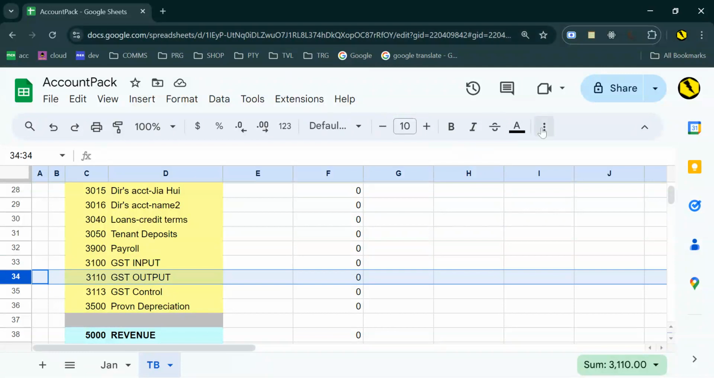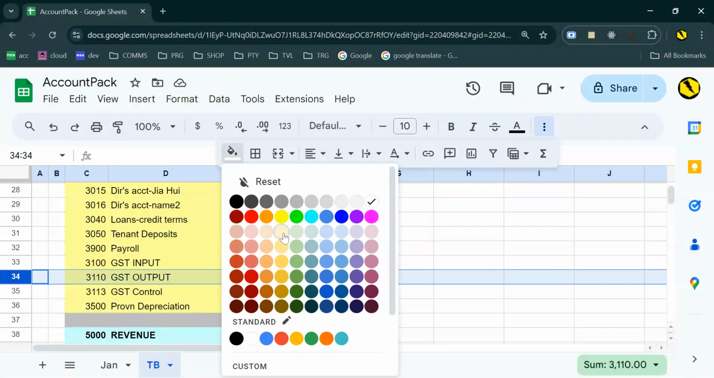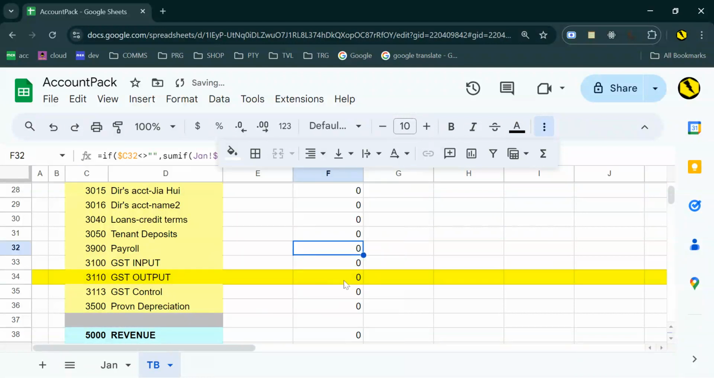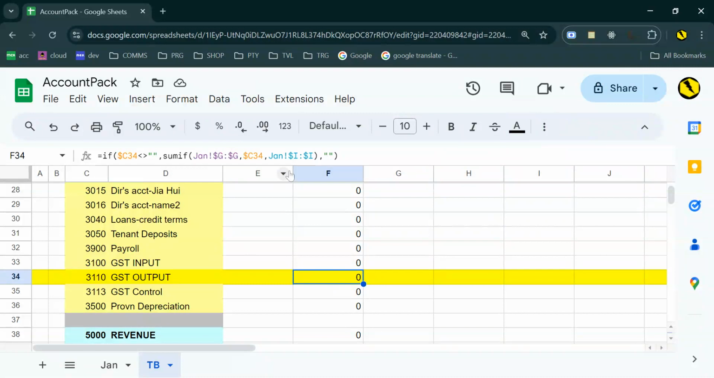I want to highlight the whole line in this color because this is an exceptional formula. It does not follow the rest, and thus this is how it's going to go. Besides the standard formula, I also have to look at the code column. If the code column does not have 3110, it will also look at